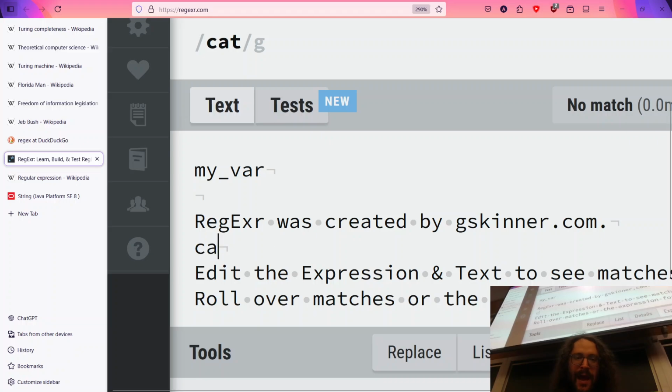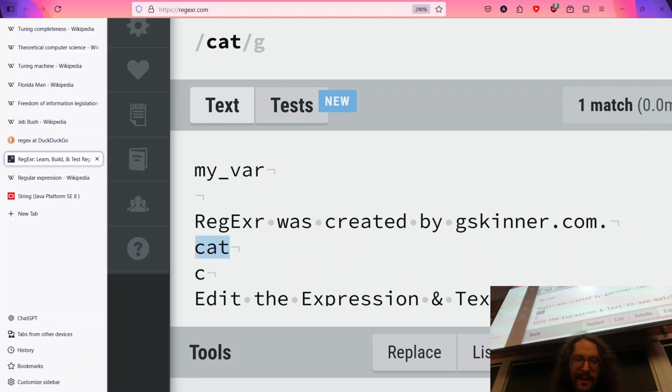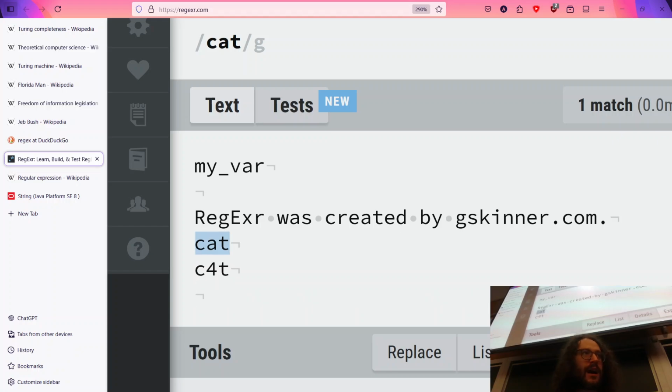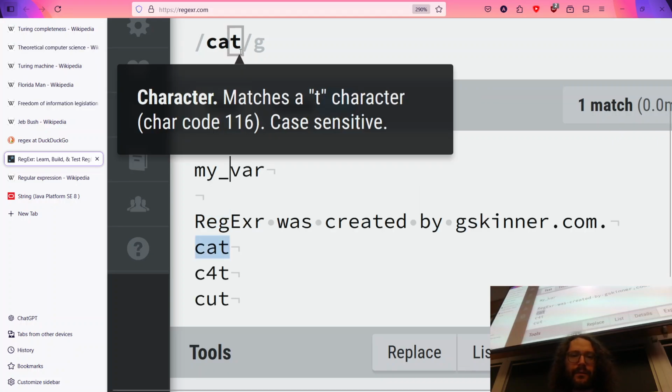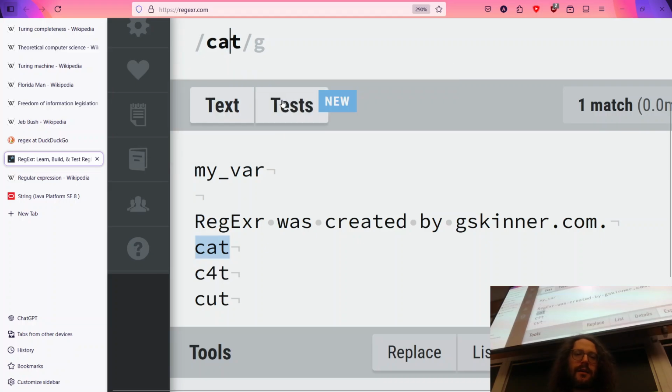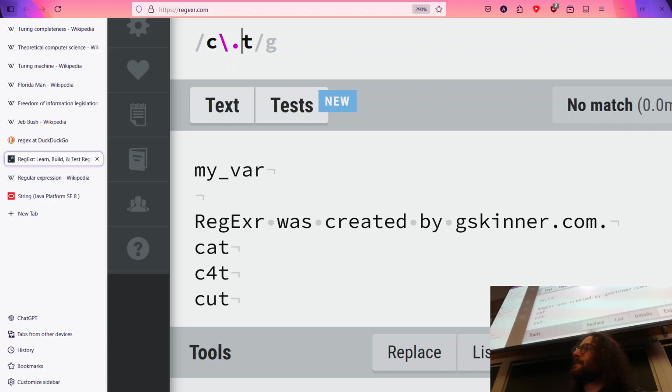Cat, cut, cot. Sorry, the A could be anything. The period doesn't actually match a period. If you want a period, you have to escape it. The period is actually a fun character. It is the wildcard character. It says this letter can be anything. Pretty useful here.